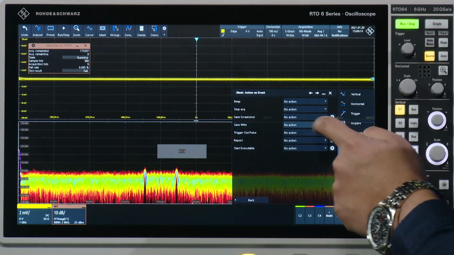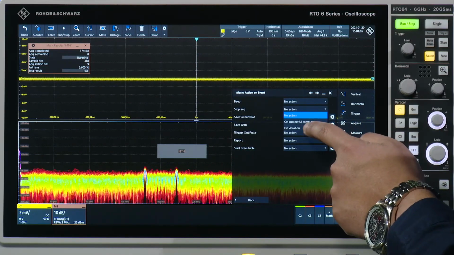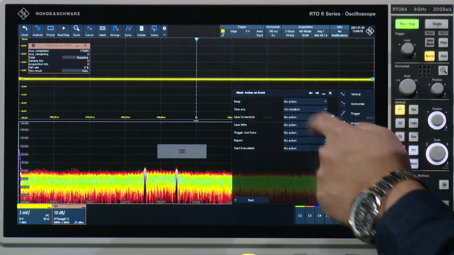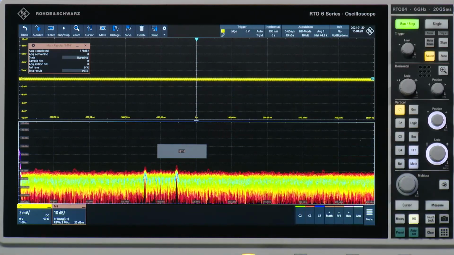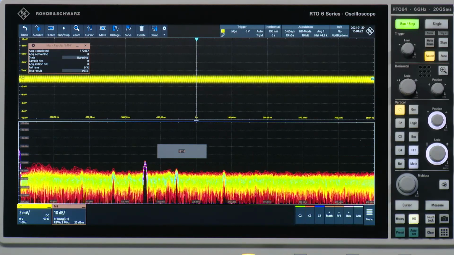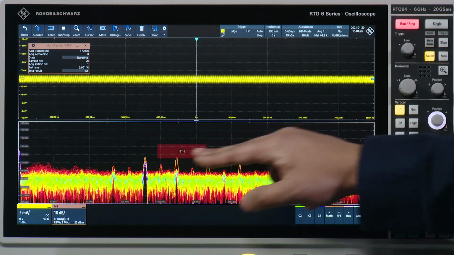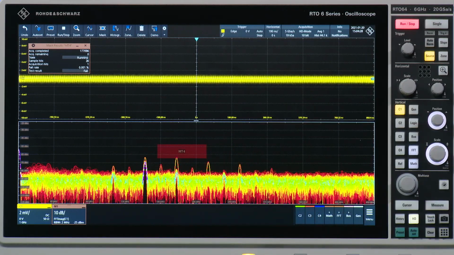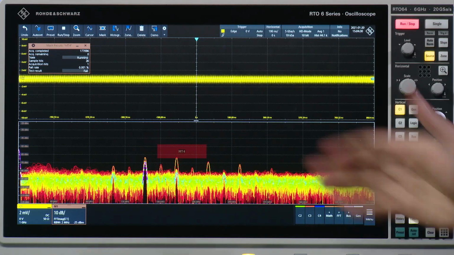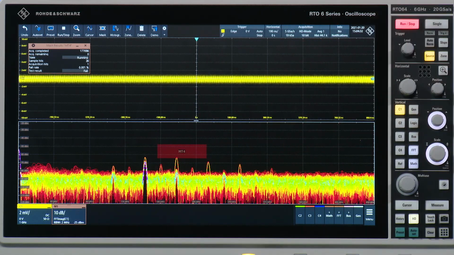So with this, I'm able to say stop on a violation, or take a screenshot, or save the waveforms, and so on. So now if I actually go around and then move the probe, I can then immediately see that I've captured the signal that I'm of interest, and then try and use cursors or whatever to try and find out what the source is of that error.